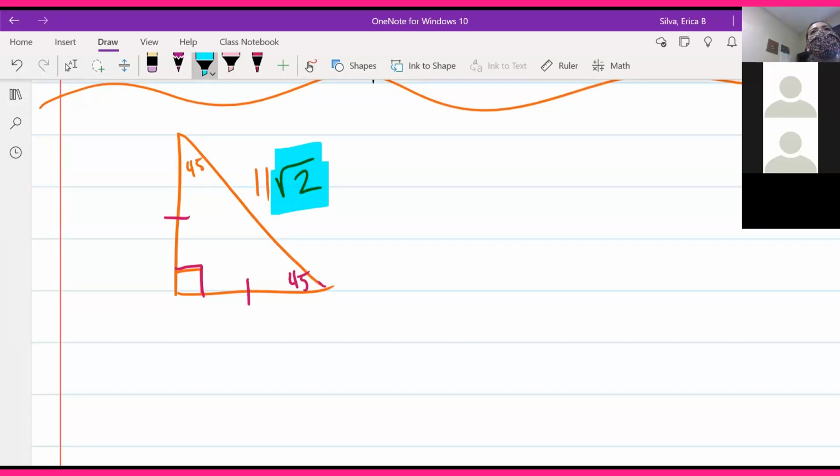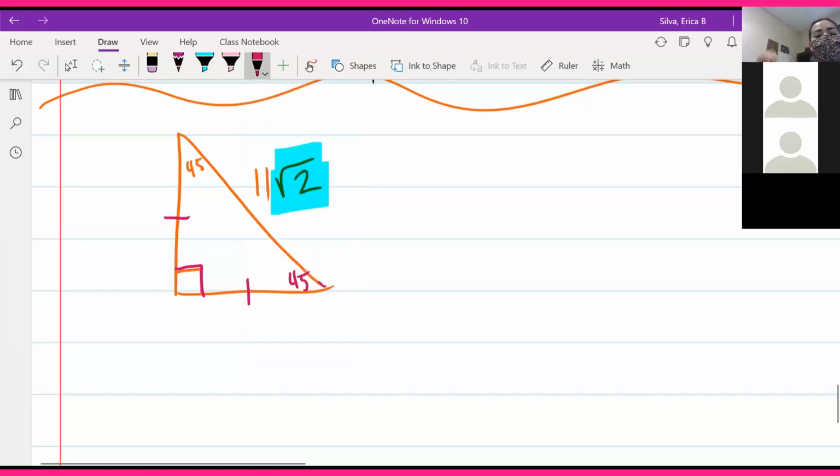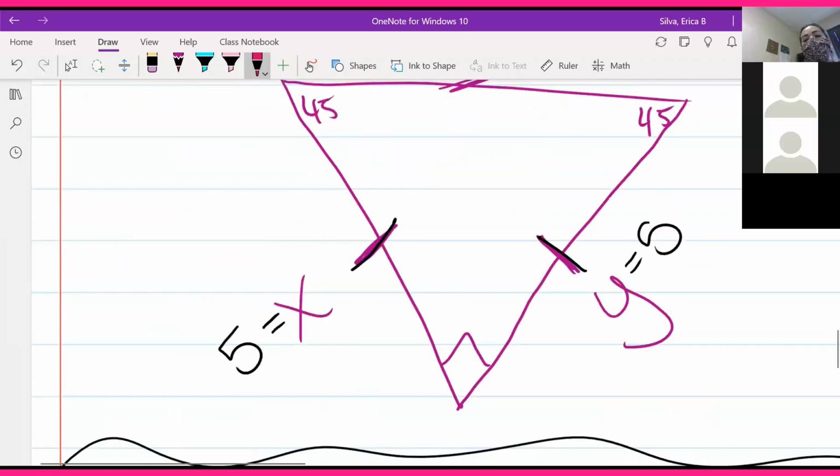So if we remove that square root of 2 from the hypotenuse, what's left over for the two sides? 11. So if you have 11 square root of 2, this is the math part of that. We want to divide it by the square root of 2, because they're giving